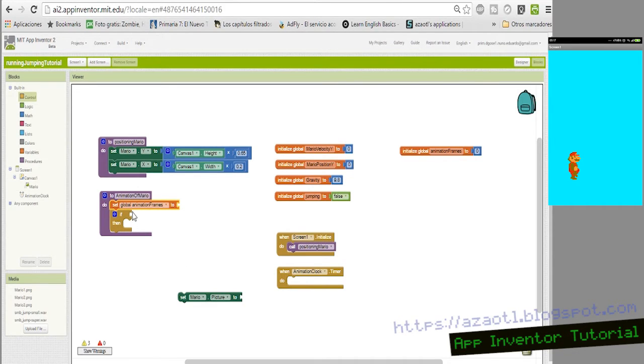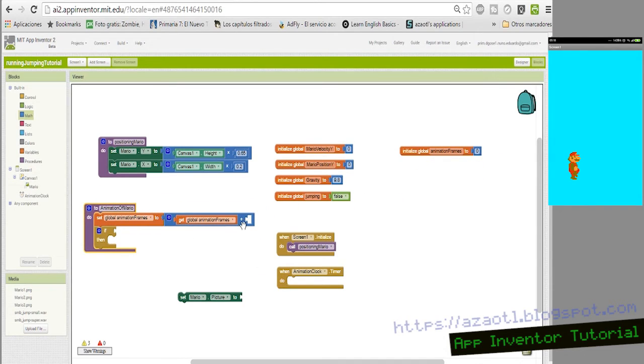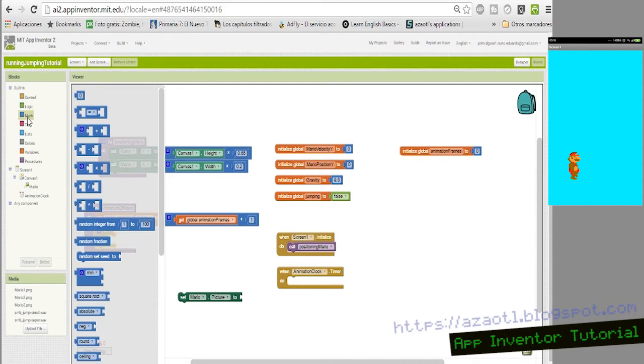So let's say global animation frames is equal to animation frames plus 1. We're going to increase this value every time the clock finishes. So in this case we're going to increase it like that. And then we have to be sure that